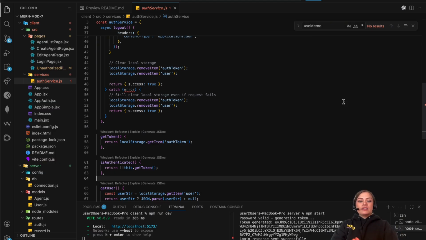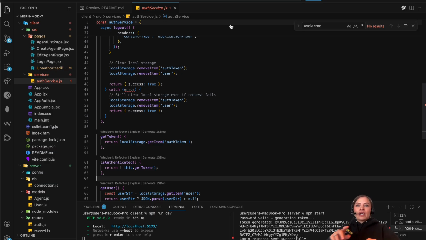The back end is the brain of the application. So while the front end is all about making things look good, the back end is all about logic, security, and data integrity. Think of it this way. The front end is the waiter at the restaurant. The waiter takes orders and brings back food, but the waiter doesn't actually cook anything themselves. The back end is the kitchen. It receives the order, or the HTTP request, does the actual work, database queries, calculations, validation, and then sends back